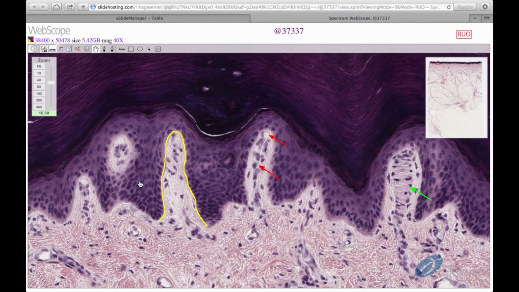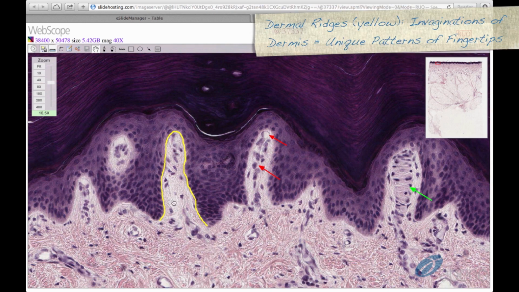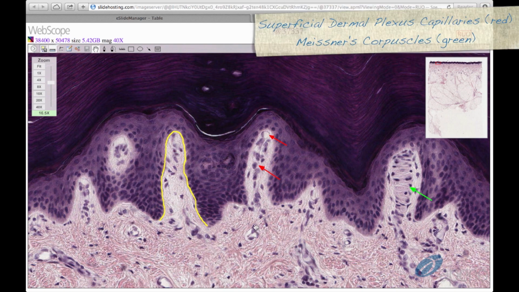Now let's take a look at the interface between the epidermis and dermis. These invaginations of the dermis are called dermal ridges, such as that indicated by the yellow line. These dermal ridges are what give you the unique pattern on your fingertips and palms of your hands. You will commonly see capillaries of the superficial dermal plexus, such as those indicated by the red arrows, traveling up into the dermal ridges. You may also see Meissner's corpuscles extending up into the dermal ridge, which have an appearance